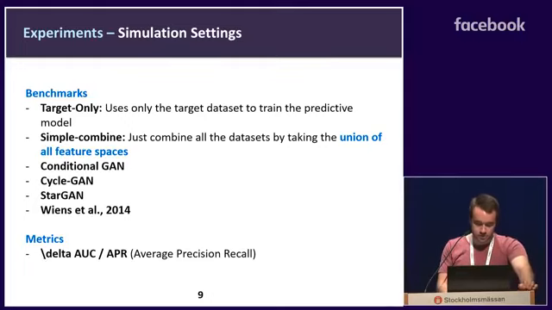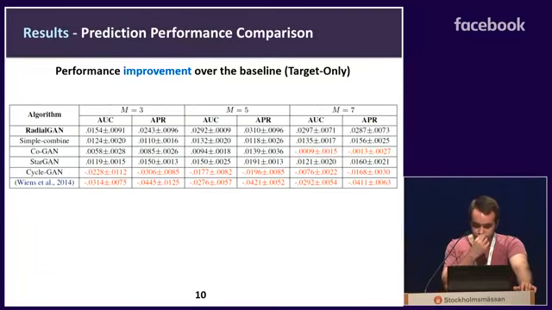The metric we use, what you'll see in the next slide, is the AUROC and the AUPRC improvement over using the target-only benchmark. So what we see in this slide is that RadialGAN does outperform all of the benchmarks. In fact, we can see, somewhat surprisingly perhaps, that one of the papers that's supposed to directly address this issue, Means et al., in fact negatively hinders the performance across all of the tests we ran. And these tests are run with M equals 3, 5, and 7 hospitals, or data sets rather.